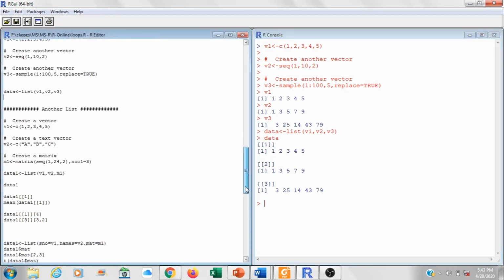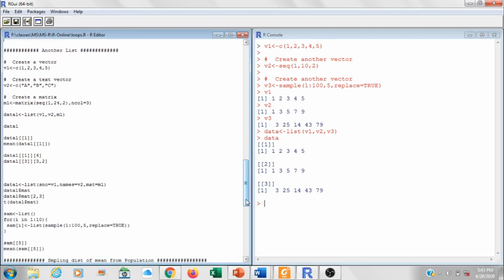Alright, let's take another example. Let's create another list, this time not of the same type of vectors. So let's take a vector V1 of numbers only.